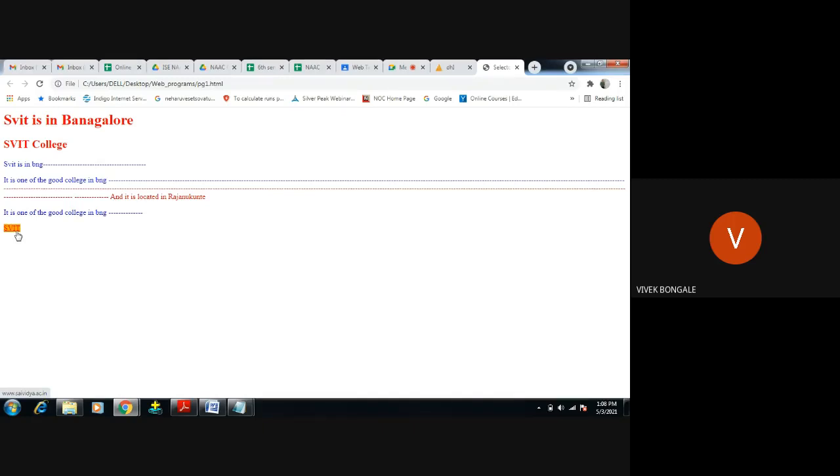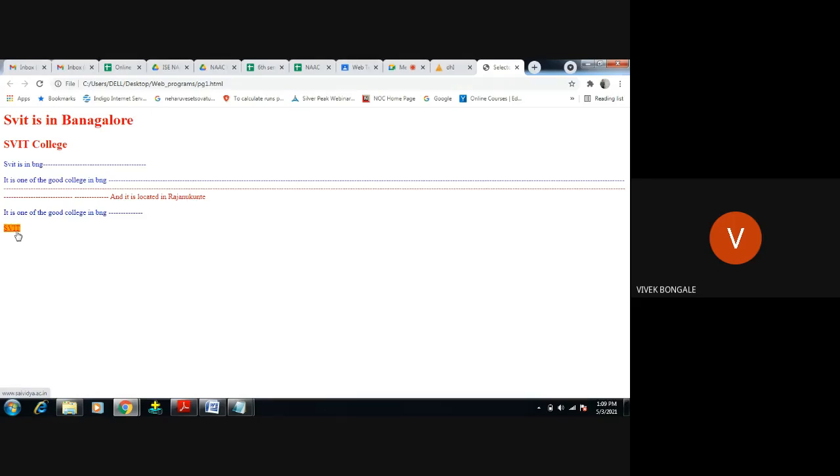To do this work, we use the pseudo class selector, which is basically used for hyperlinks. Instead of hover, we can use focus, visited, and link. These are some of the selectors we use in the pseudo class. This is the one basic and widely used pseudo class selector.